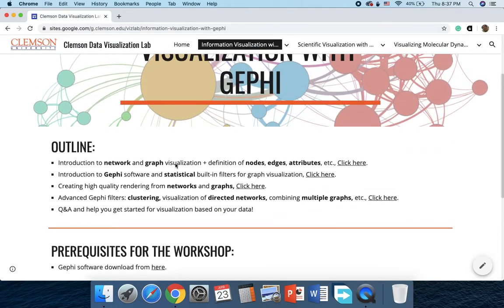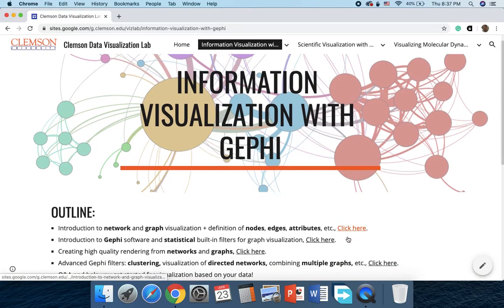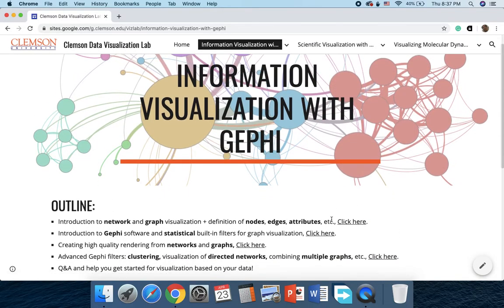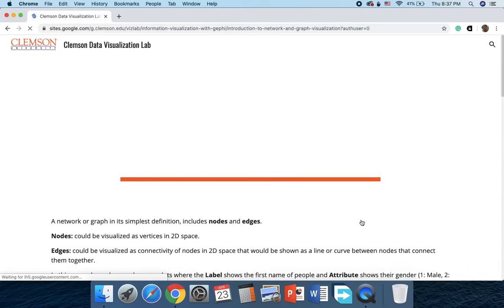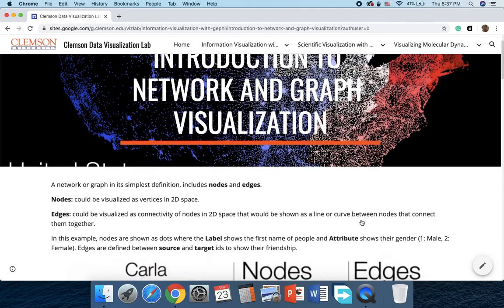So we'll move on to the first section, which is about the introduction to network and graph visualization. If you click on the first section,